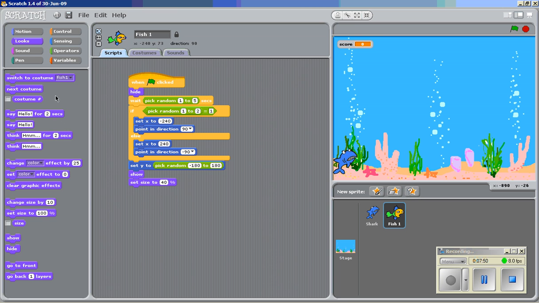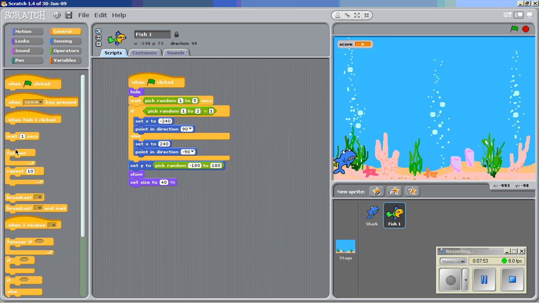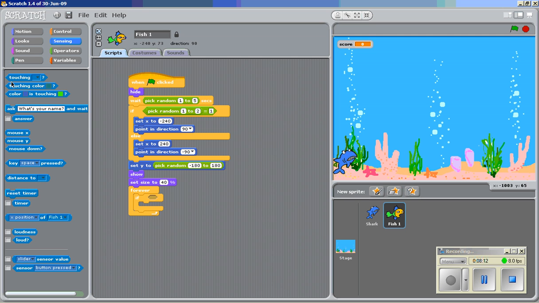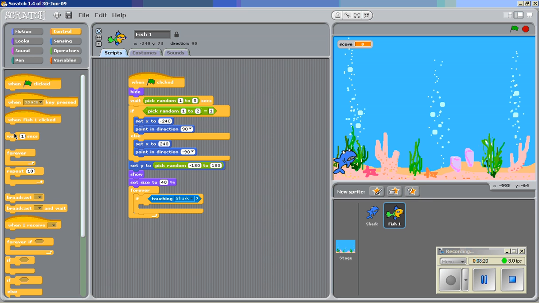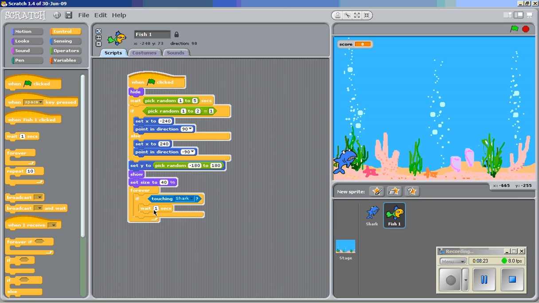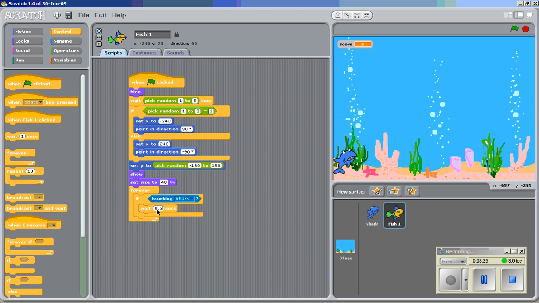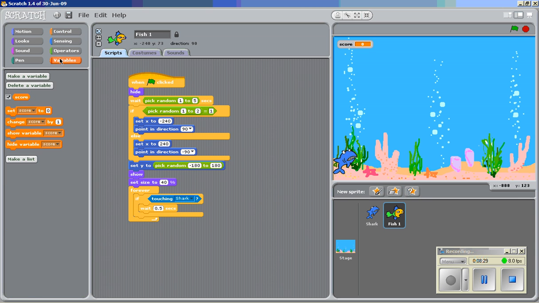Right, now I'm going to add another forever control block, and in here I am going to add an if, and if my sprite is touching the shark, I'm going to wait for half a second. I don't want it to disappear straight away. If it's touching the fish, then obviously I want to change the score